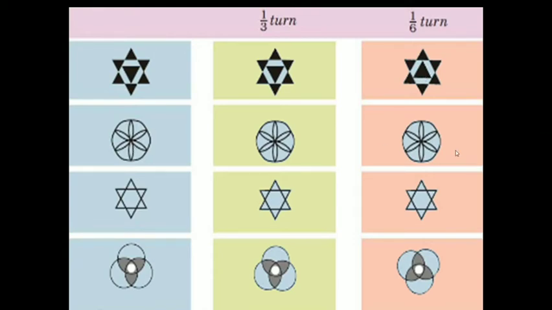The second shape looks the same on a 1/3 turn and 1/6 turn. The third shape looks the same on a 1/3 and 1/6 turn. Like that, the fourth shape, where three circles are intersecting each other, looks the same on a 1/3 and 1/6 turn. Now a question will arise in your mind: how can we identify, and what type of activity do we have to do to find out whether it looks the same on a 1/3 or 1/6 turn? Yes, there are many activities and we are going to do them, but before that, just wait for some time.